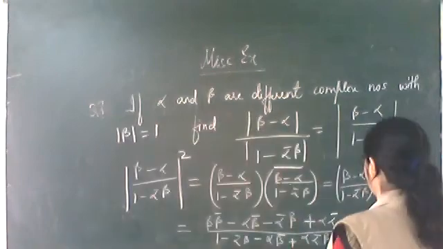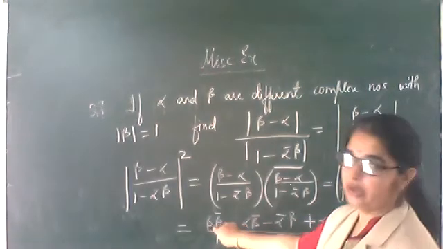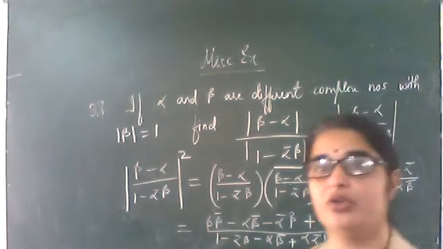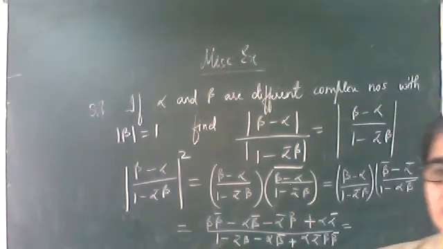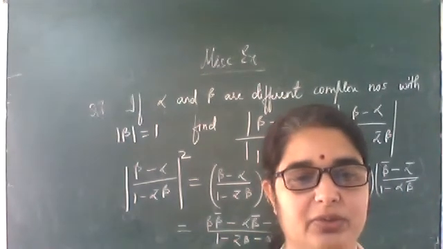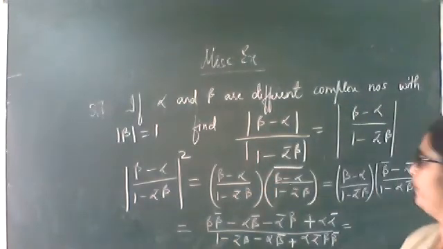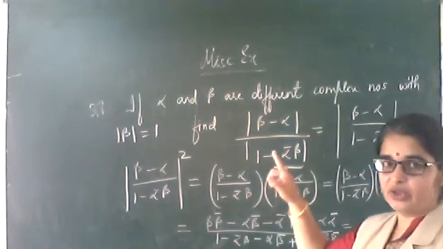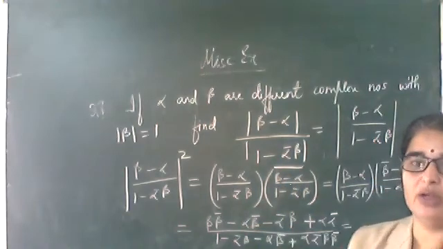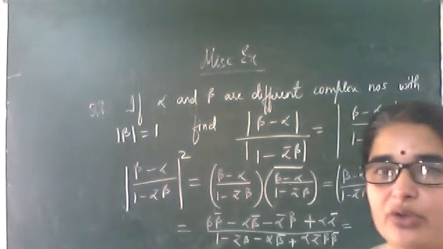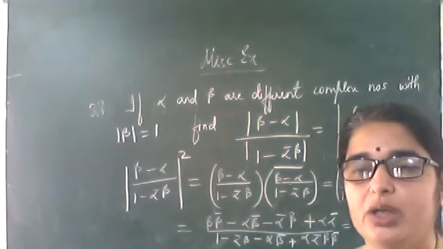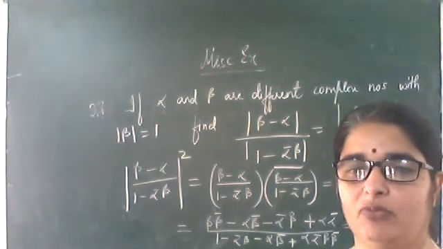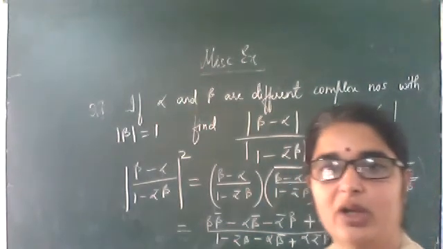Now this can be again written as beta into beta conjugate. What it will be? Anyone who can tell what will be beta into beta conjugate? Supriya, Shreya, Aditya, please unmute yourself. Are you unable to? Please unmute yourself and speak. Z into Z conjugate is mod of Z square. So beta into beta conjugate will be equal to what? Yes. Mod of beta square. Speak up. Beta whole modulus. Beta into beta conjugate will be equal to what? Mod of beta square. What happened class today? All are sleeping or what?